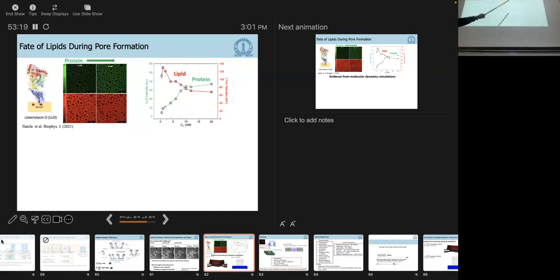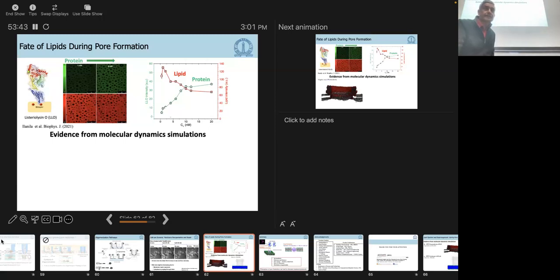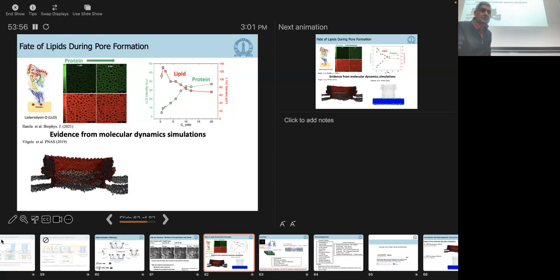You vary the concentration in nanomolar of the protein and look at the lipid intensity versus the protein intensity. The lipid intensity is red, as you see here, and the protein intensity is the green. So you find the lipid intensity is dropping, indicating there's some loss of lipid, and the protein intensity is growing. So the question you can ask is, what is the evidence as to where the lipids are moving, migrating or being reorganized? What is the source of this?